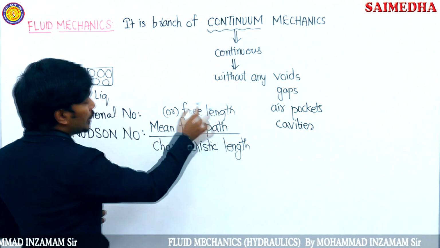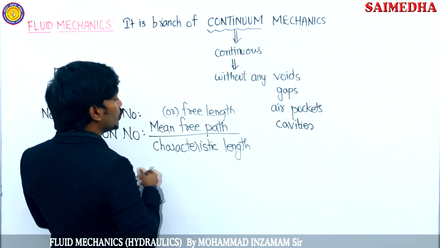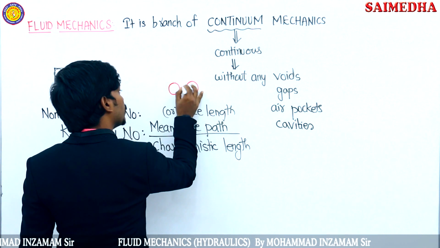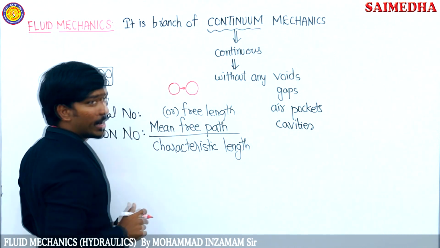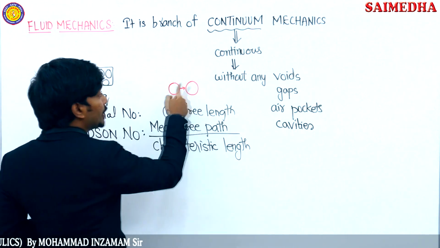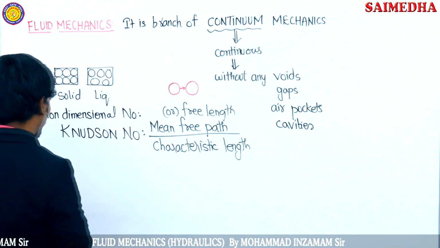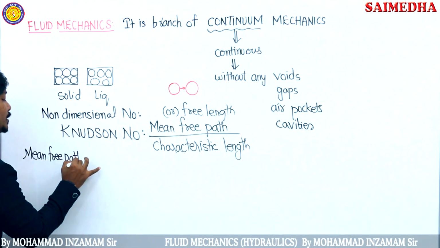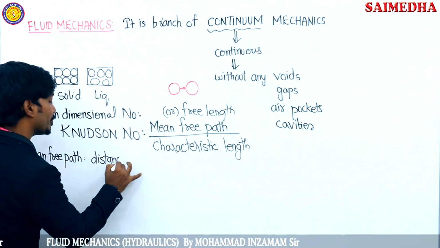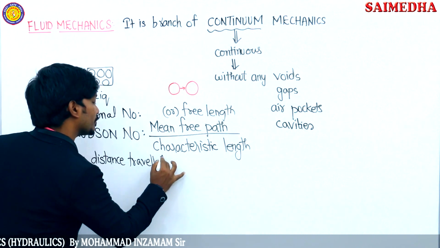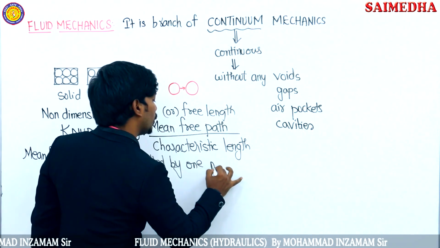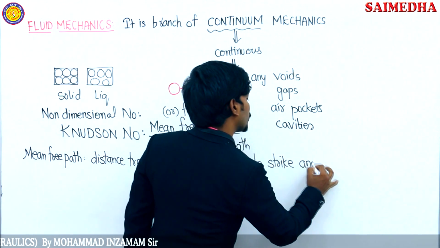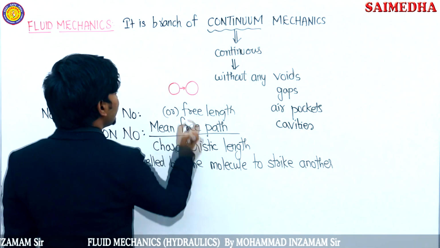Now the question is, what is the meaning of mean free path or free length? This mean free path is the distance between the molecules, guys. Distance travelled by one molecule to strike or to touch or to transfer its energy to the other molecule. That distance is called the mean free path. Let me write it here, guys. Mean free path is the distance travelled by one atom or molecule to strike another molecule. Okay, this distance between them,